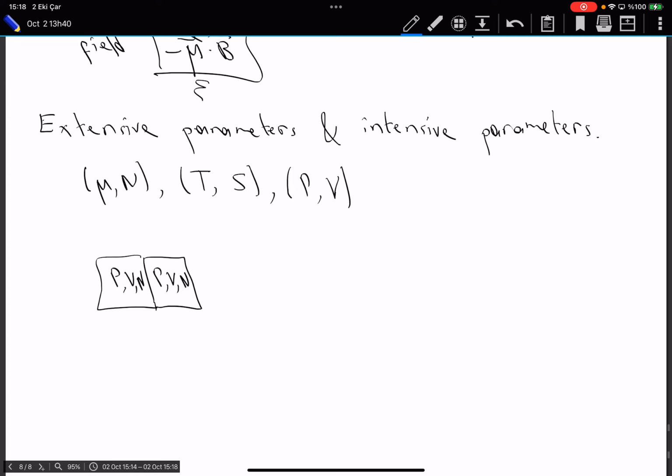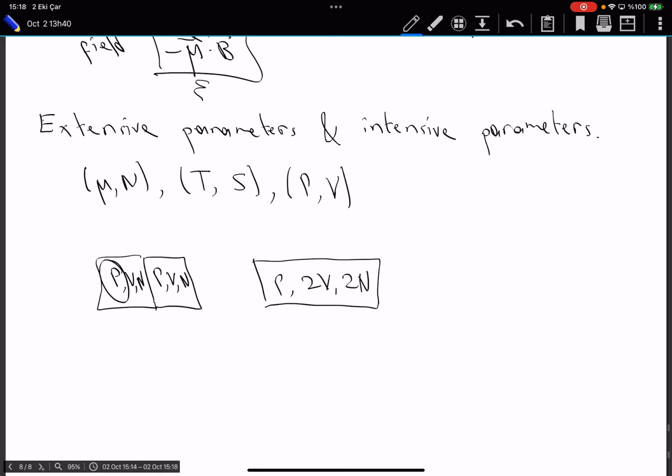So at the end of the day, I will have a larger system. What is the number of particles in this system? 2N. What's the total volume of these systems? 2V. What is the pressure of this system? It's P. You see, there are these quantities like P over here, which doesn't change if I change the size